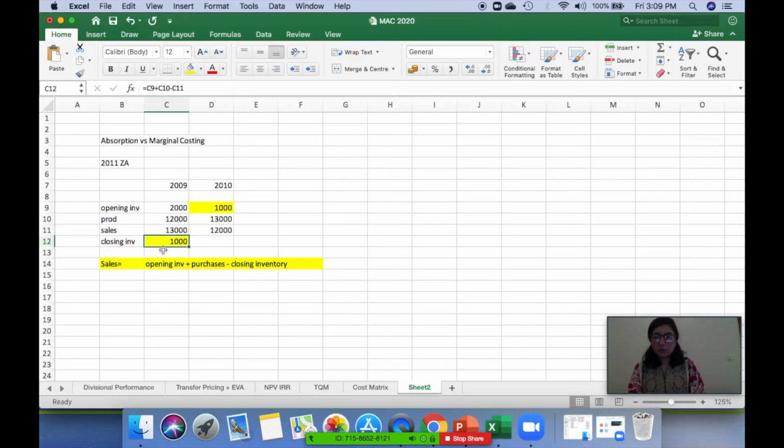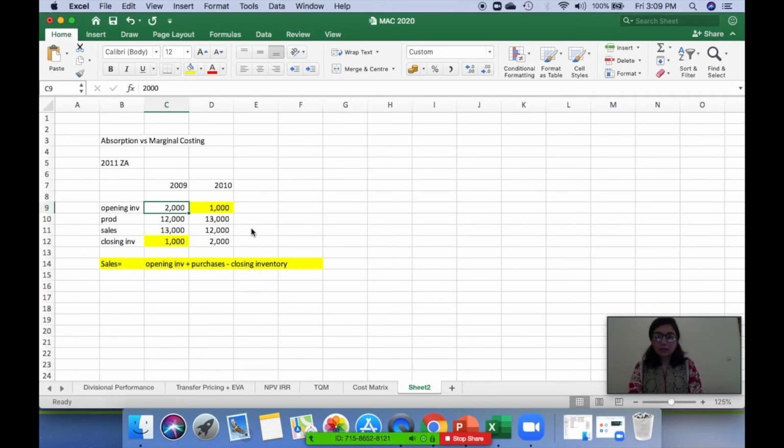So I did it just to show you that our calculation is correct. Now we're going to calculate the closing inventory of the second year as well, which is again what we had and what we sold is 2000, right? I'm going to put a decimal here because these are all numbers, and because our questions are thousands and million based, we're going to segregate it like that, and we're going to read it in thousands and millions.